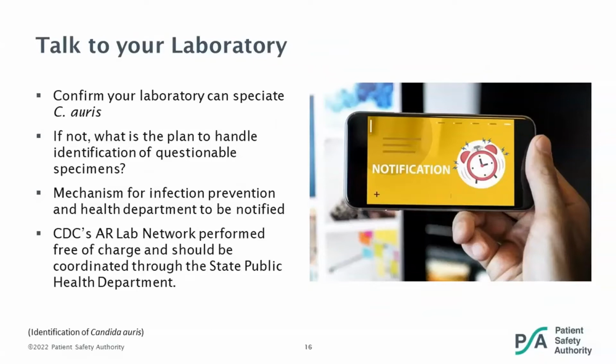So one of the first steps in preparing your facility is to communicate with your laboratory. It's important to confirm your laboratory can speciate for C. auris, and if not, what is your plan to speciate if necessary? You'll also need to identify a mechanism for infection prevention to be notified about possible or confirmed C. auris. And this is something that you're going to want to get regardless of the time or the day, because